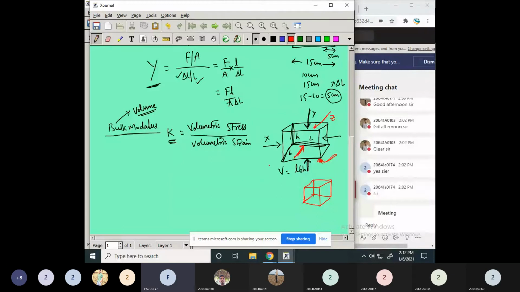If you can estimate with some general example, consider a sponge. Yesterday I had given the same example. Consider this as a sponge. Now if you apply forces in all directions, whatever possible directions are there, then what happens? The sponge becomes reduced. This particular volume will become reduced. Okay, the same thing here.